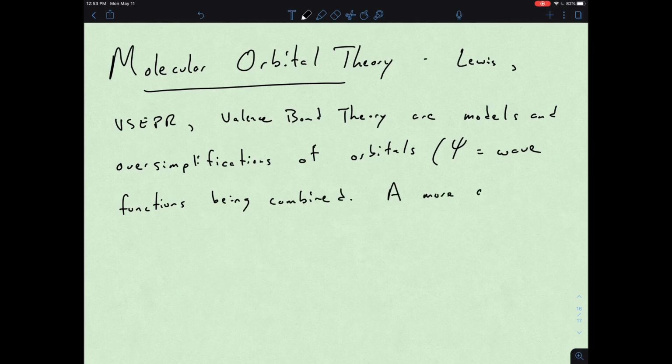A more accurate picture, or a more accurate way to describe bonding,